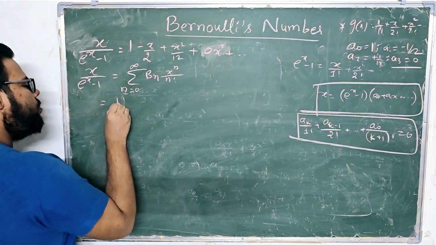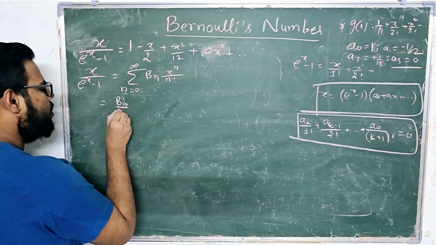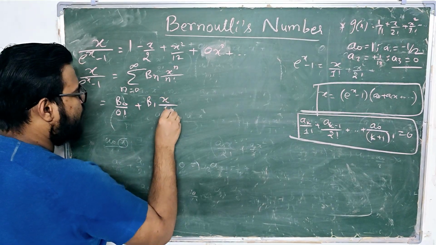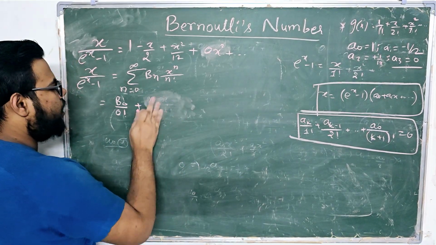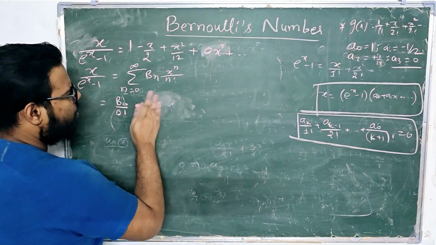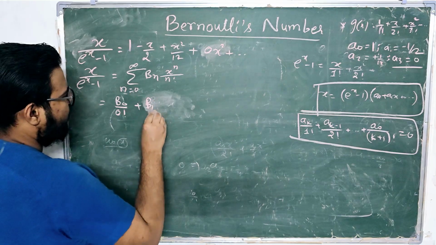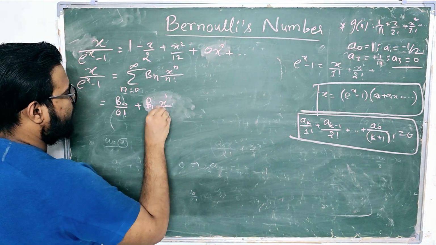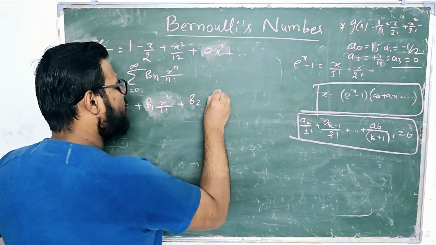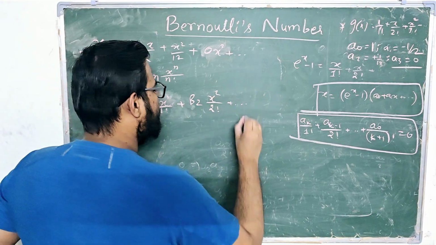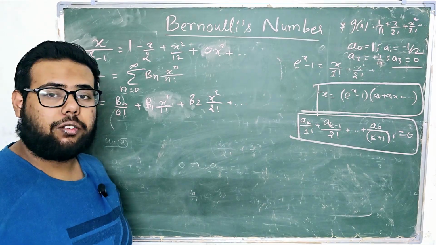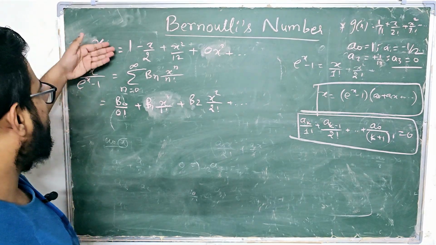So now you can write it as b0 divided by 0 factorial plus b1 x raised to power 1 divided by 1 factorial plus b2 into x square by 2 factorial and so on and so forth till infinity. Correct? Now to solve for the Bernoulli's coefficients over here, you have to just match the coefficients over